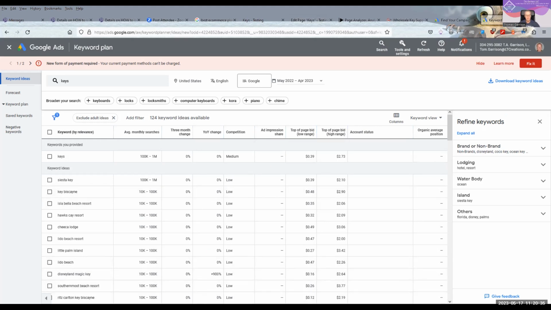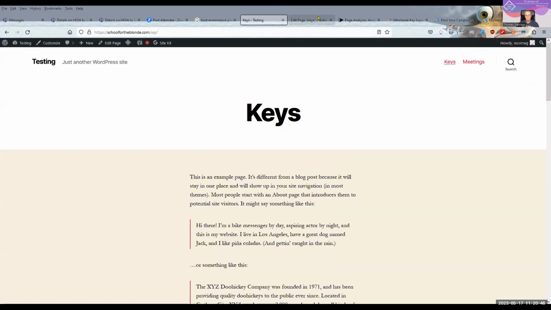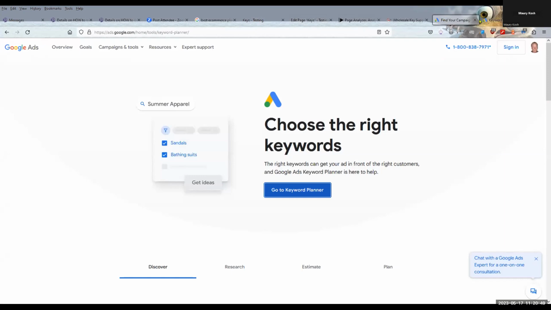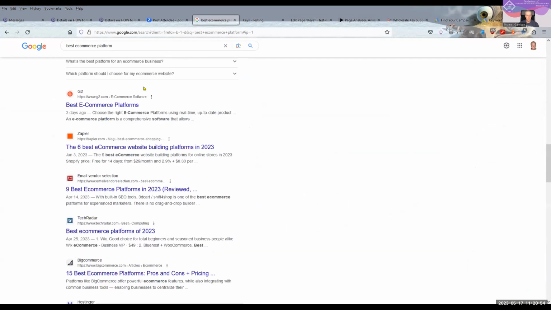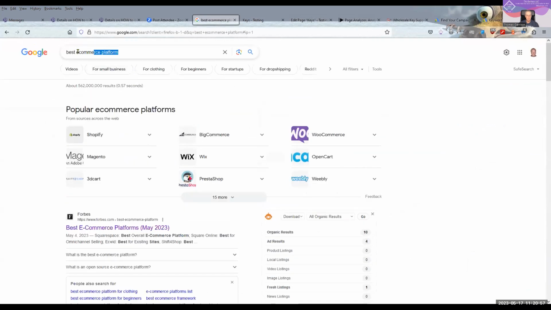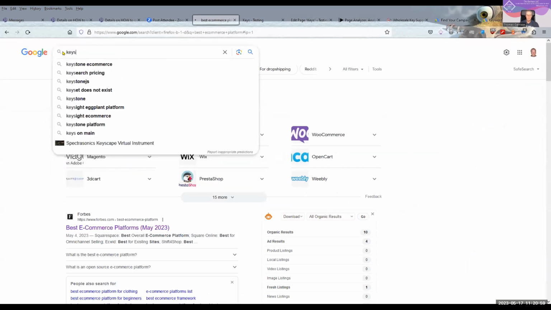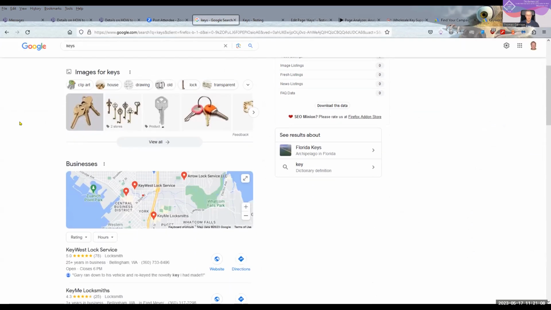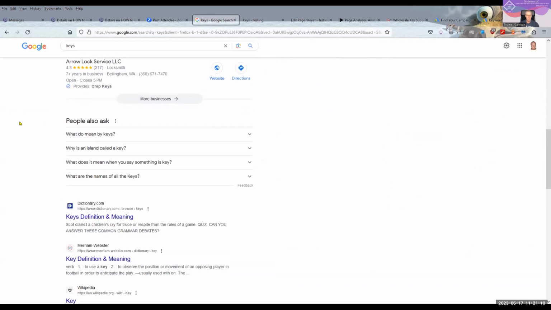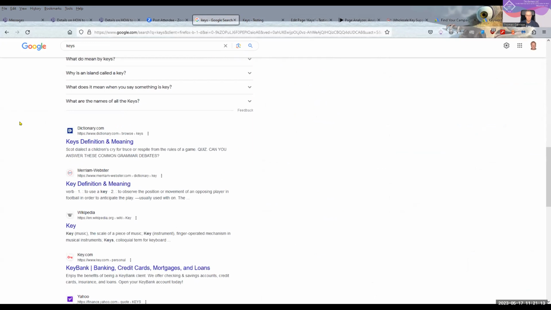So we know that we have keys and figure out what else are we going to search, because you want to make sure that you have several terms. And before we get out of the planner, over here is our planner. Now I'm going to go to the search engines and I'm just going to type in that term. And you're going to go, why are you doing that? There's a good reason for everything. And in this situation, I'm going to find a bunch of stuff. I'm going to find out who's at the top of the list for that one keyword term.